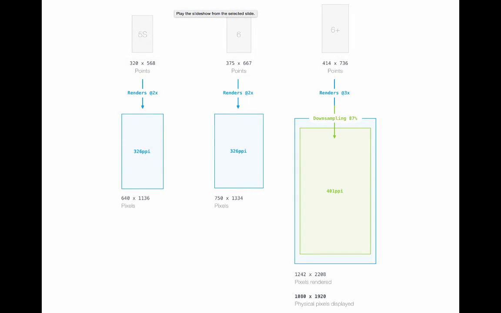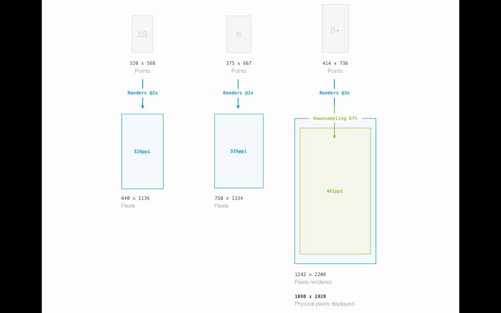Now, I understand the last thing I said was that rendered pixels and physical pixels are not equal with the iPhone 6 Plus, and I want to explain this really quickly and explain why downsampling on the iPhone 6 Plus occurs. Now, rendered pixels and physical pixels are going to be equal on every single device except the iPhone 6 Plus, meaning if we design at a certain resolution, then it's going to be displayed at that resolution. Well, like I said, the 6 Plus is the only exception to that rule, and it's because of that Retina